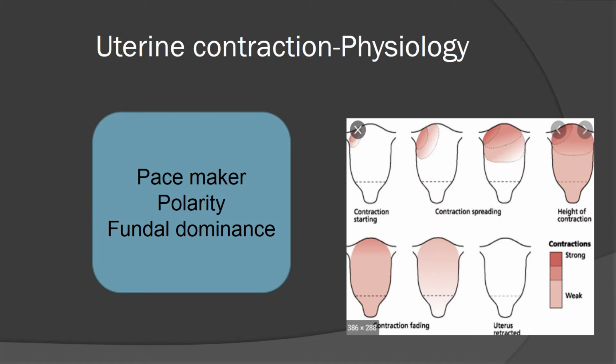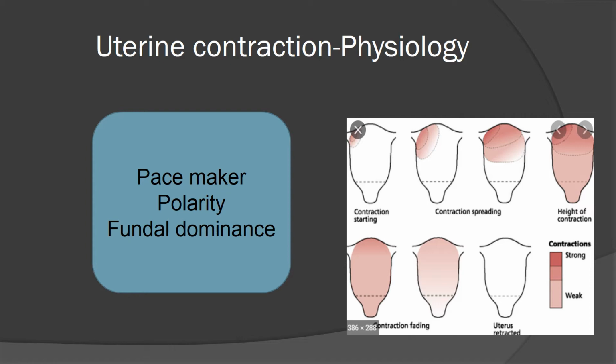Before going to obstructed labor, let us revise our knowledge regarding labor physiology. You know, the uterine muscle is a smooth muscle. It acts as a syncytium, as there are gap junctions between the muscle fibers. There are two pacemakers in the uterus situated at the corners. The electrical stimuli for the contraction start at one or the other corner and spread downward from the fundus to the cervix.